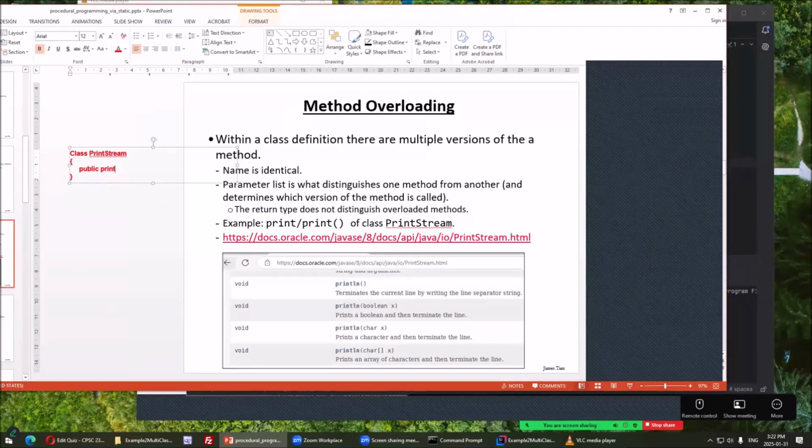Print. I'll have a general print here, excluding less important details in terms of this learning lesson. Yes, there's System.out, but that's not the key part. I assume you know how to call print. If we pass in an integer, if we did not overload, why do overloading? Why does it exist? Well, what if we didn't do overloading? If it didn't exist, we'd have to convert it, say, from an integer or a long to a string. If we had one print and there's no way of distinguishing another print,